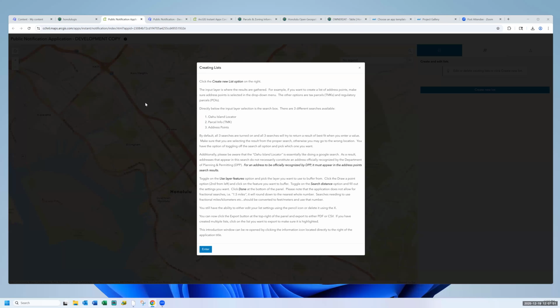Right now on my screen I have a development copy of the public notification app. Typically, in our section we try to have both a production version and a development version. So generally our process is, if we're starting a new app, there'll only be a development copy. One or more GIS analysts might be working on it.